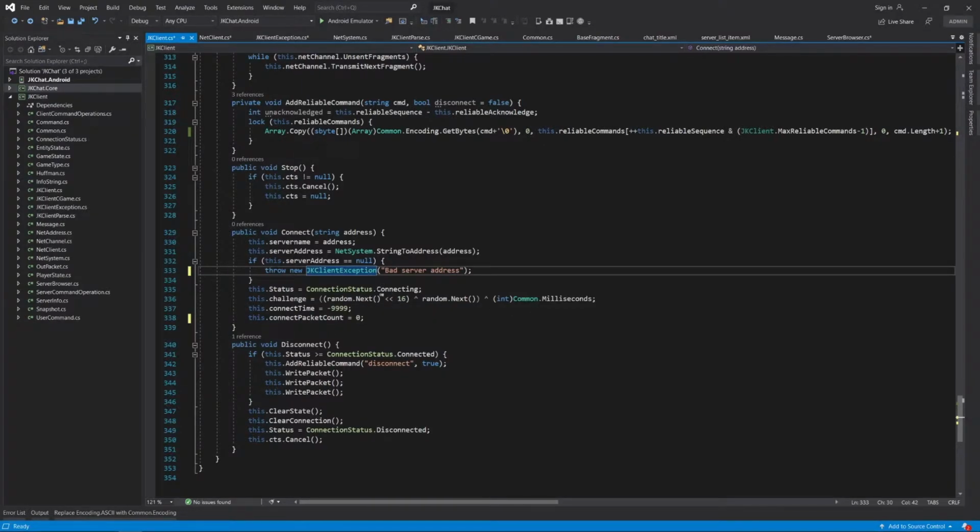And if it's not bad, then we set connecting status and set some initialized values. So yeah,